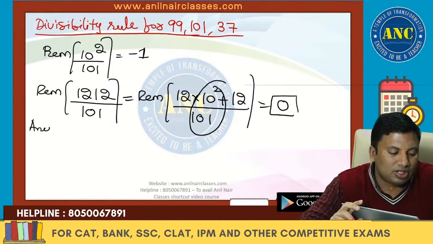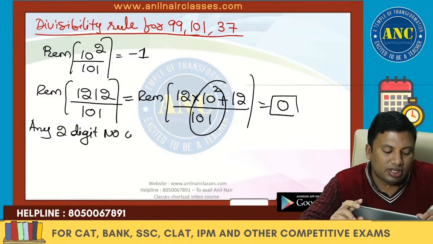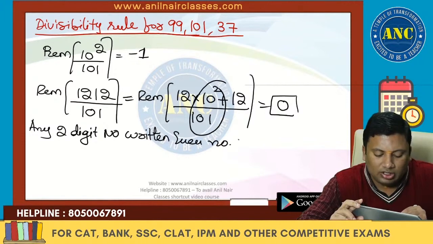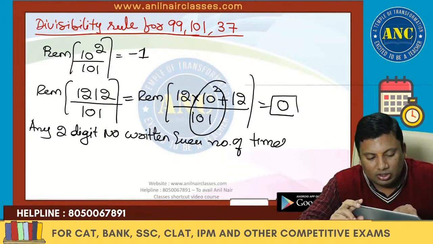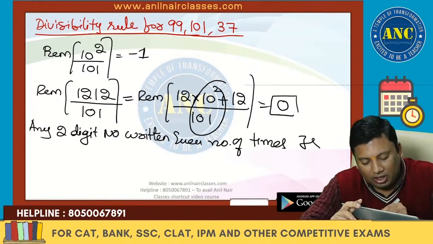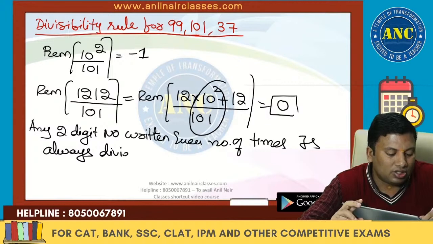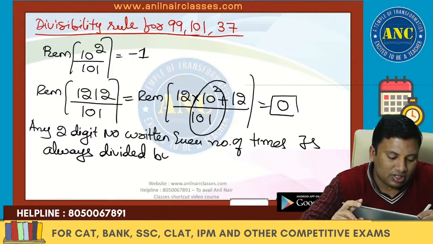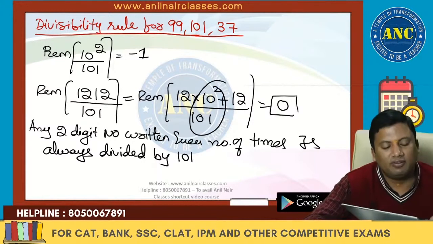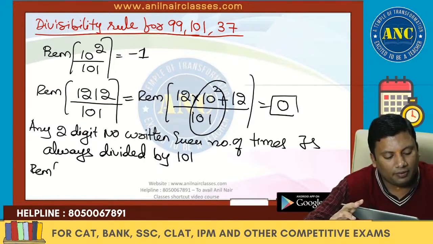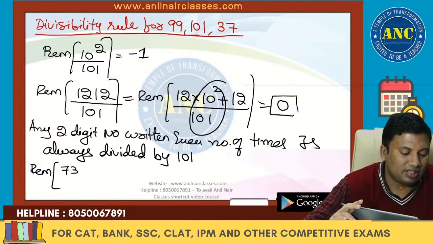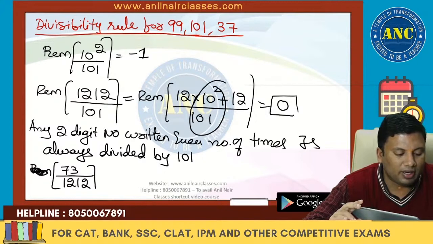Another very important point. Any 2-digit number written an even number of times is always divisible by 101. Please write down this point. For example,